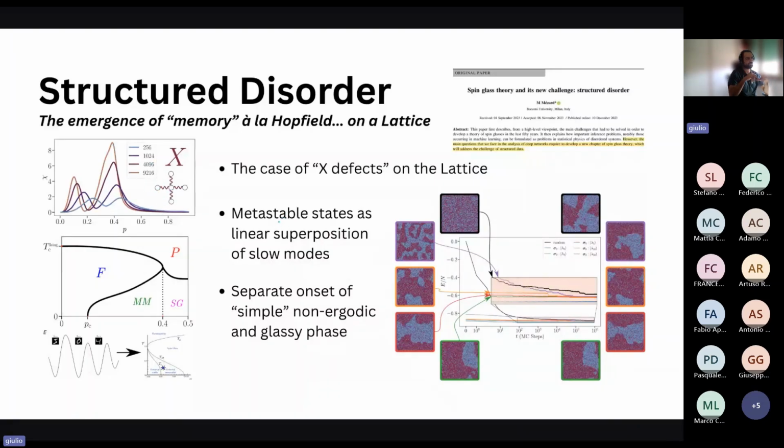We flip all the links for each node. And it turns out that in this case, you have two transitions. One is the clear mark of the onset of non-ergodicity. So all the lowest modes become stable local minima when you quench your system, and the system fluctuates around these minima, while at the other